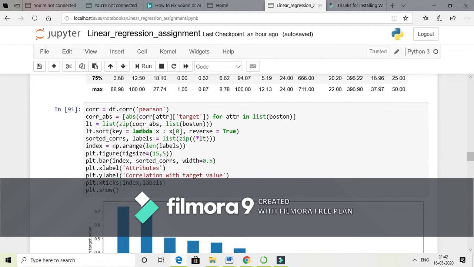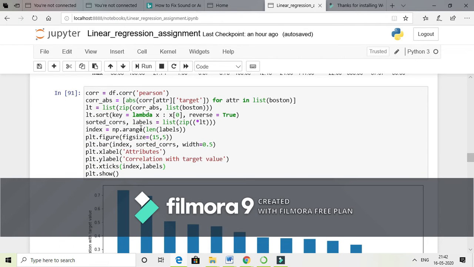Now our aim is to find the feature that has the highest correlation with respect to our target values. We'll be using the Pearson correlation. So we take into account the absolute correlation value of the feature with respect to our target.